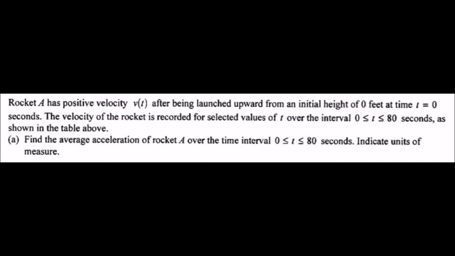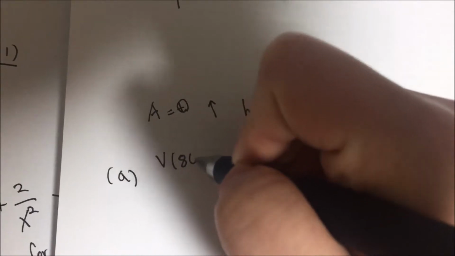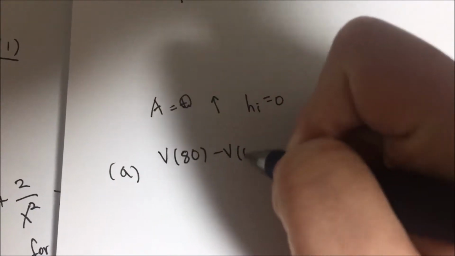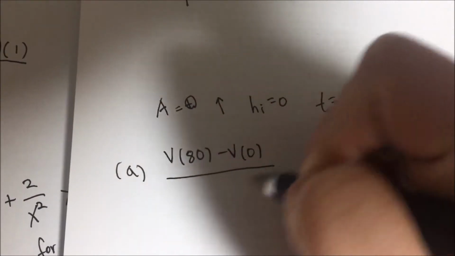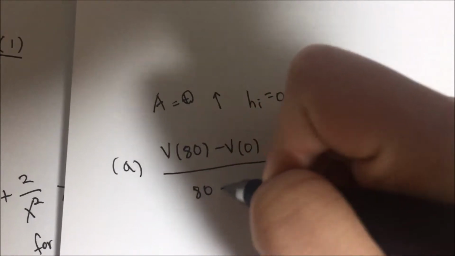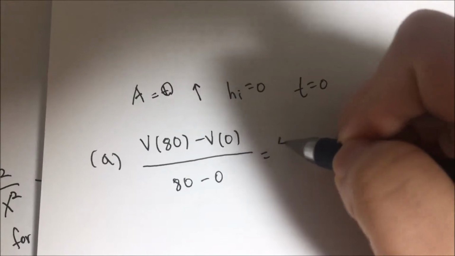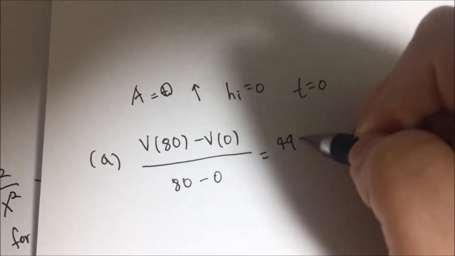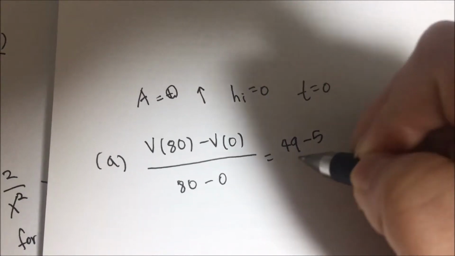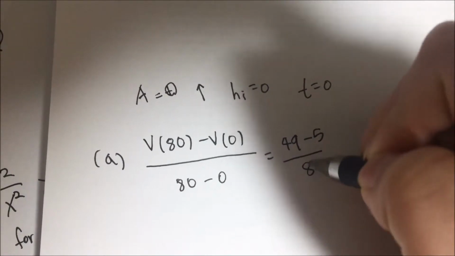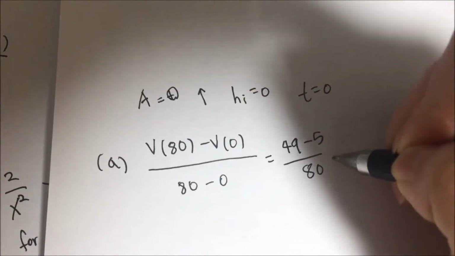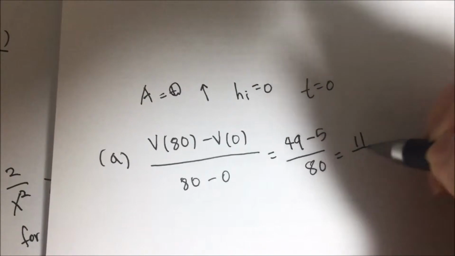So to find the average acceleration, we should use the average rate of change. So we should say v of 80 minus v of 0 over 80 minus 0. If you see the table above, v of 80 is 49 and v of 0 is 5. So we can replace the values to 49 minus 5 over 80, which turns out to be 11 over 20